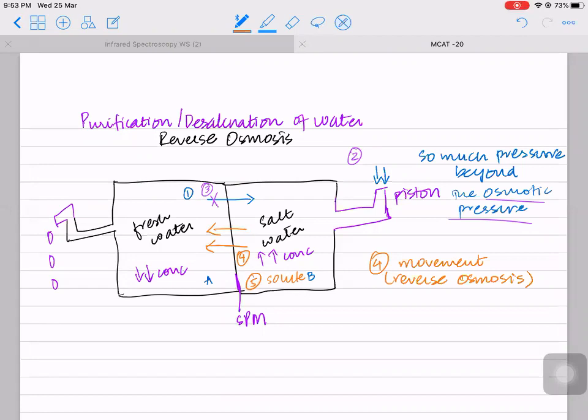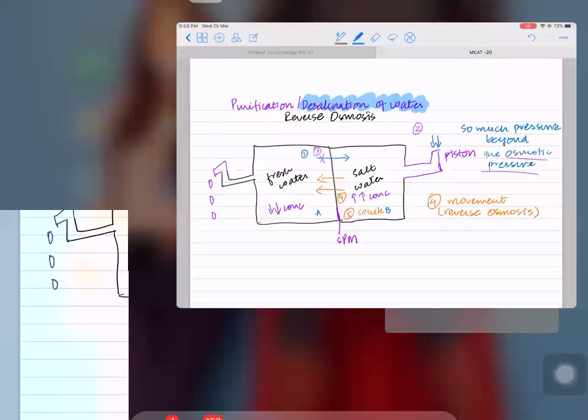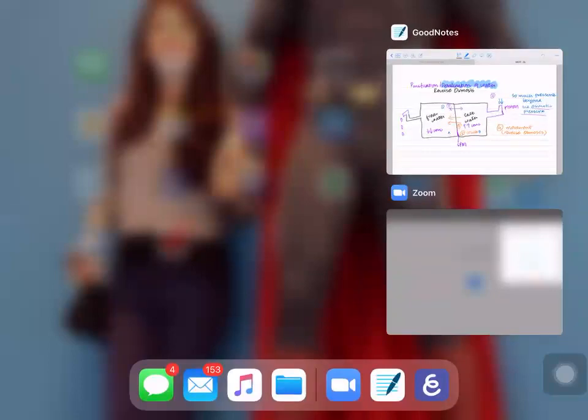So this is the application of osmosis. It is used for desalination of water, and is used in areas where you probably just get water from rivers and lakes, and it's only salt water. So you can do desalination or reverse osmosis through applying extreme amounts of pressure, and you can get fresh water. So this right here